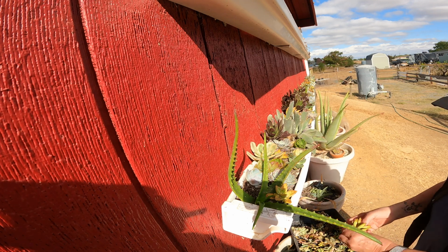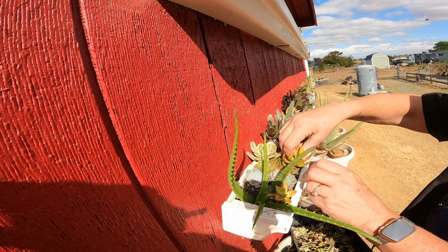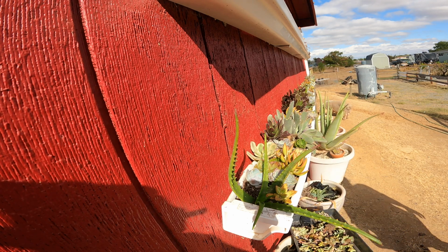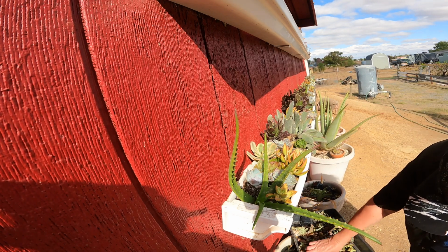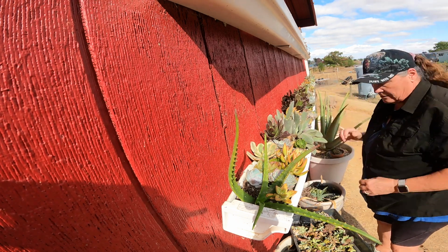We got that little thing. You know what, for fun, let's break some more of these off. Let's stick one right here in the front. Let's dig down a little for him so he doesn't fall out. All right, let me stand back a little. Yeah, you know what, I still have some gaps. These are all too big, and I don't want to cut them now. Okay, I need to find some goofy little cuttings down in here that I can take and tuck into here,